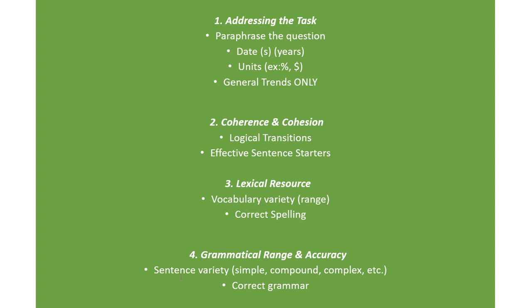So sentence variety, you want to have simple, compound, complex, basically short, long, and longer sentences, right? So your sentences cannot be super long. I don't want to forget what I was reading at the beginning of your sentence by the time I get to the end. It has to make sense. It cannot be longer than 3 lines. That's way too long, right?